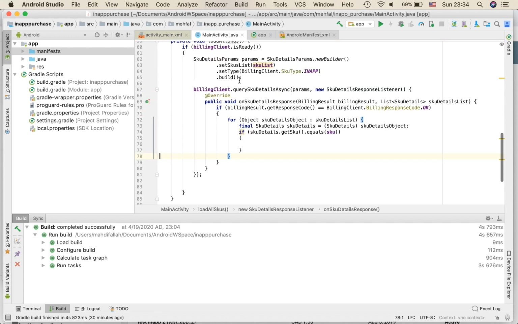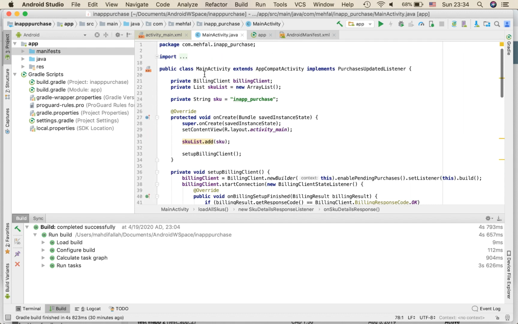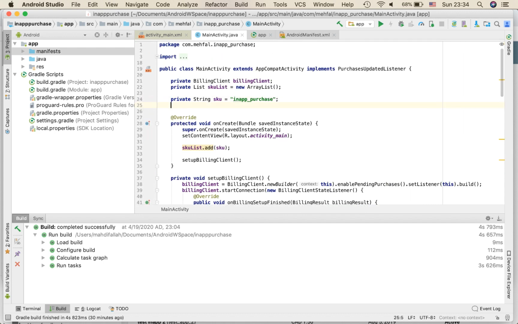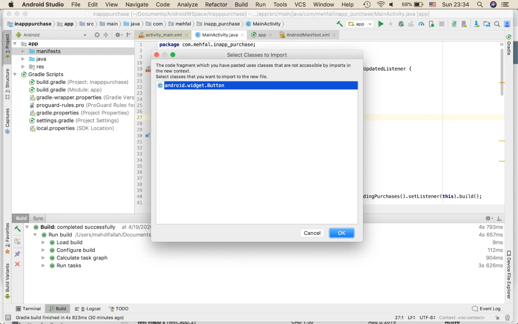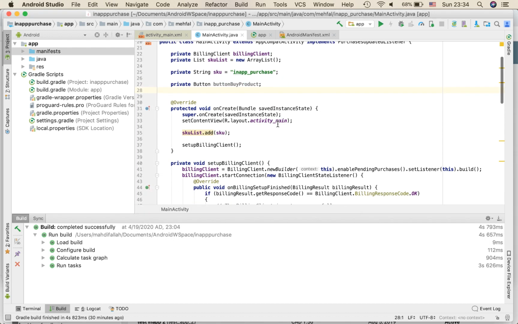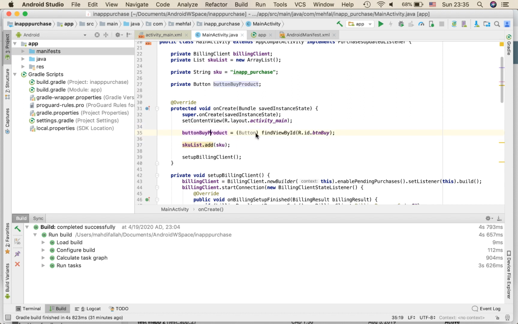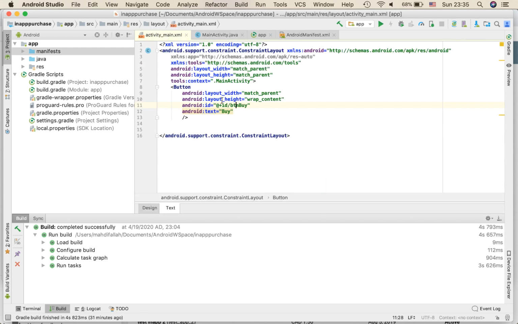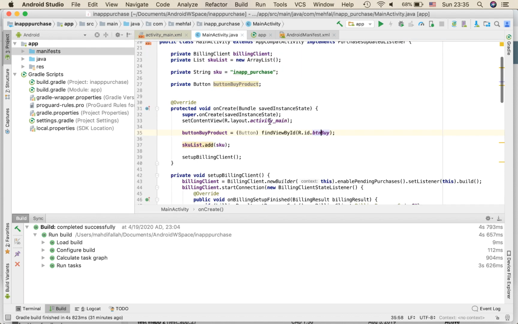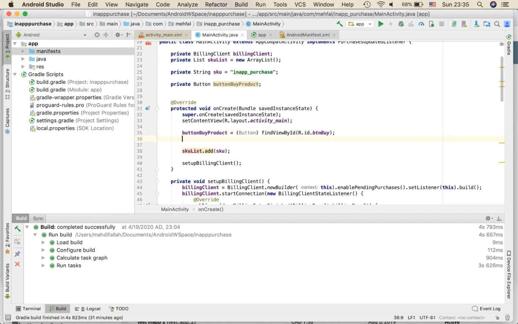Let's just define this button in the main activity. After this part, we have the button, and then I'm gonna do this button product equals find view by ID, the ID that begin buy, which we created here, and then I'm gonna